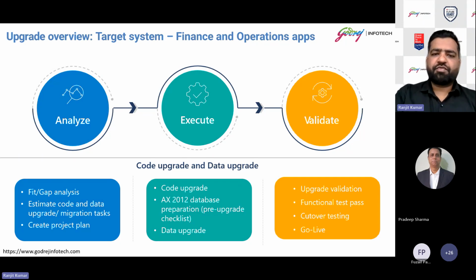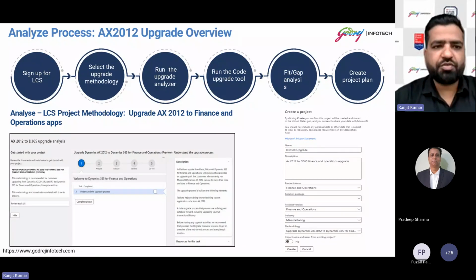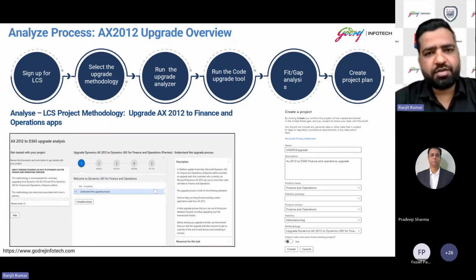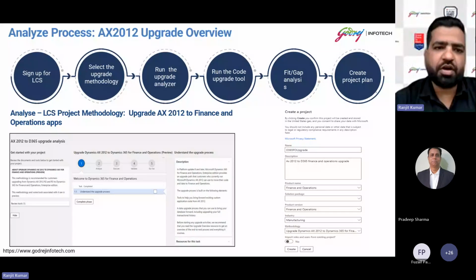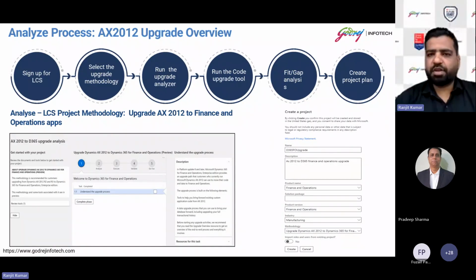So each of these phases will have their own activity. Like the analyze phase will have its own activity. When we are in the analyze phase, we'll start with LCS, right? We should have an LCS account where we do LCS sign up. And next, we need to create a project on LCS, with the proper methodology. I will show you in the demo how to create a project and which methodology is required for the upgrade process. Post that, we need to run the code upgrade analyzer,